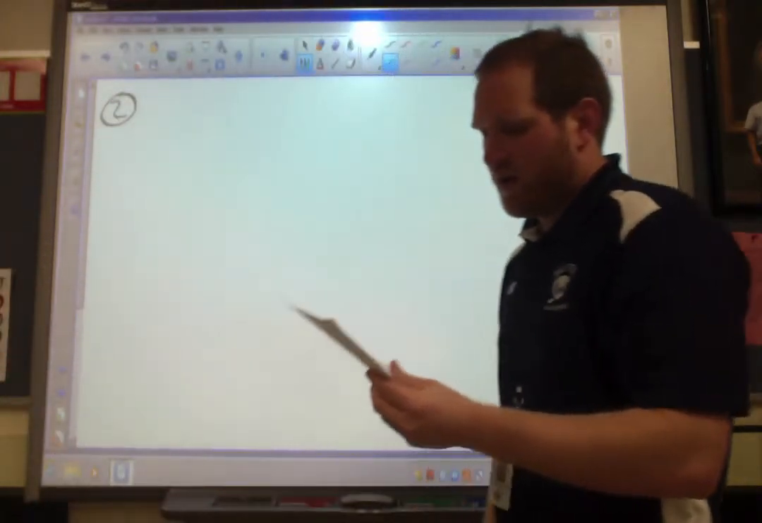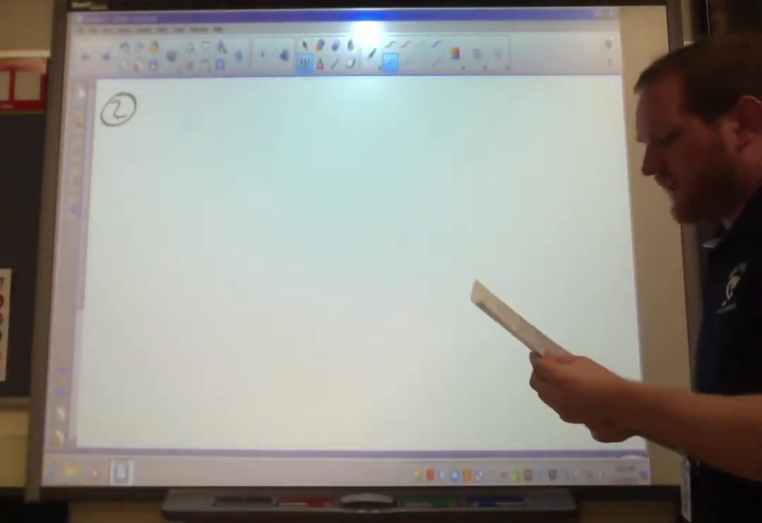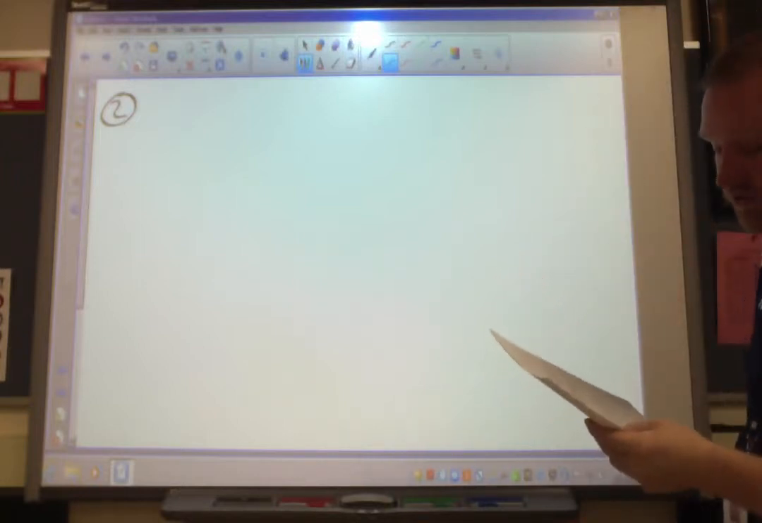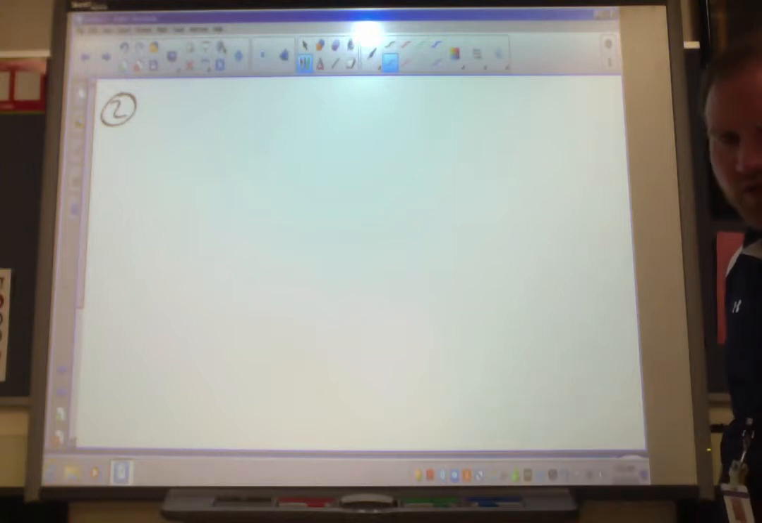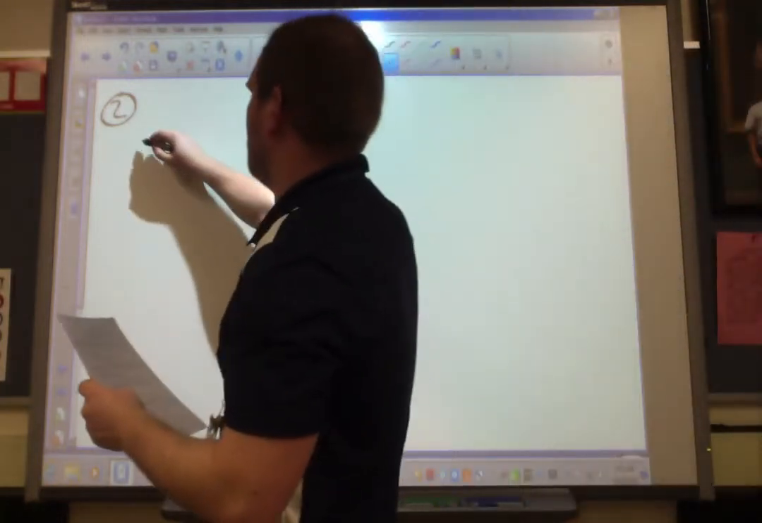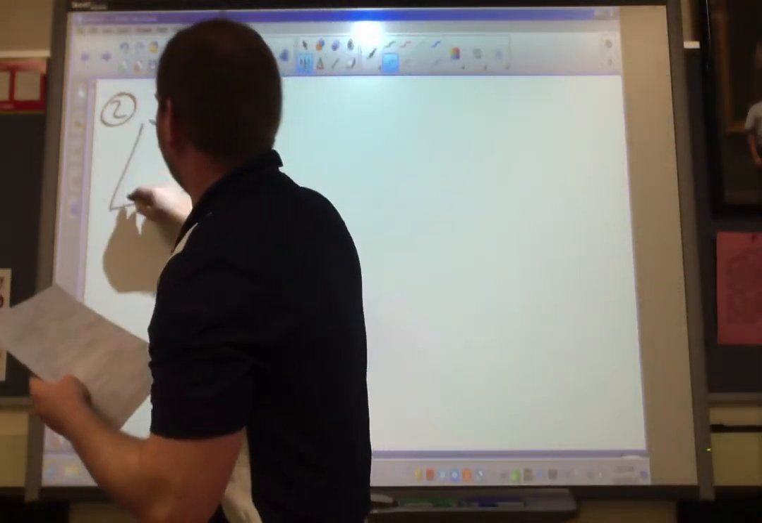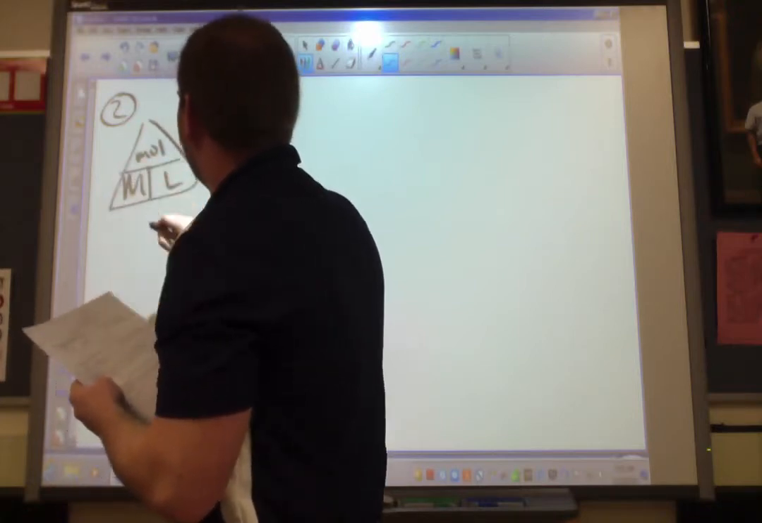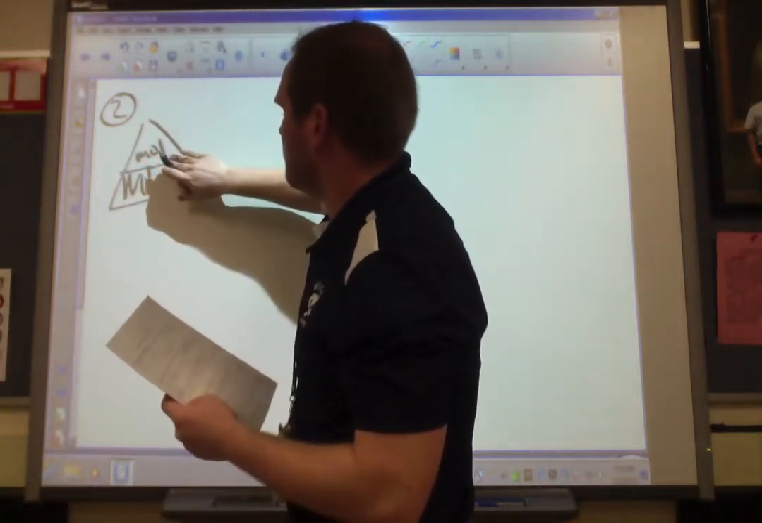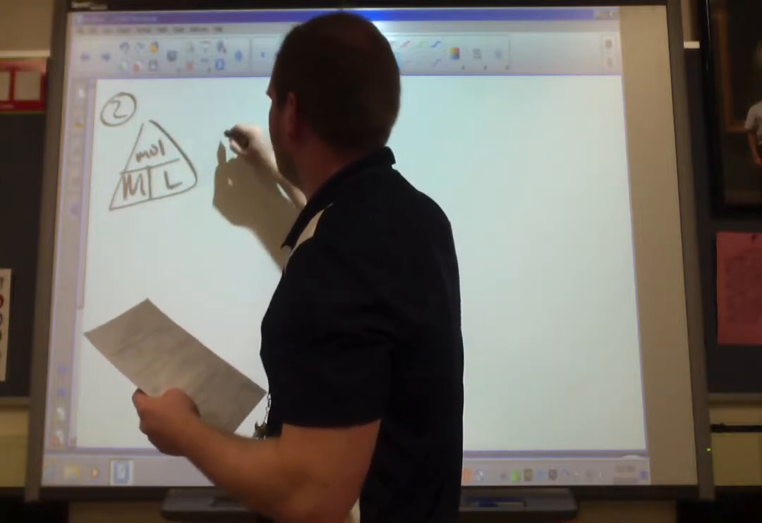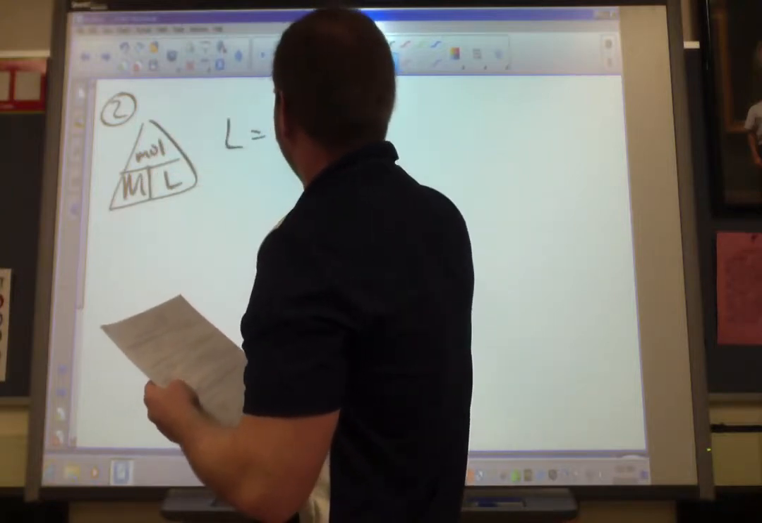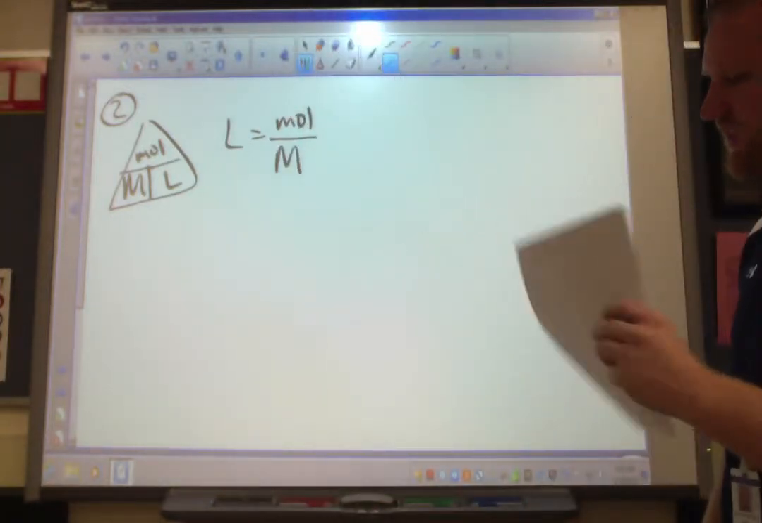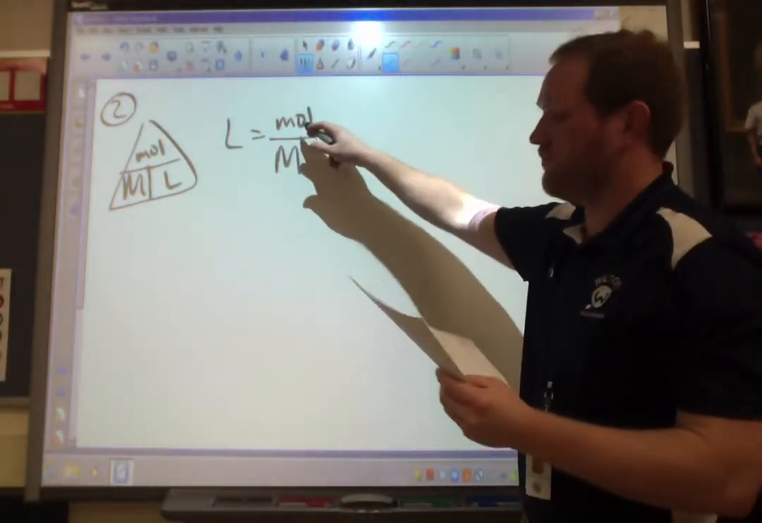Number 2, how much water do you need to add to 8.32 grams of aluminum nitrate to make a 2.30 molar solution? Okay, so this time I'm solving for the volume component. So here's my triangle. Molarity is moles per liter. So liters equals moles over molarity. Okay. So I'm given grams and I'm given molarity, so grams are going to have to go to moles, just